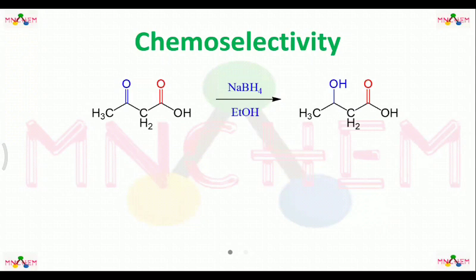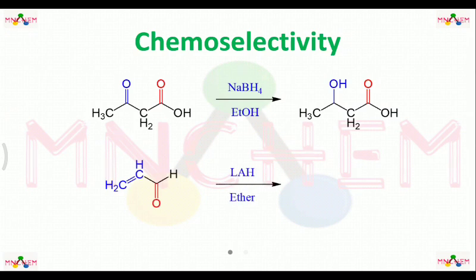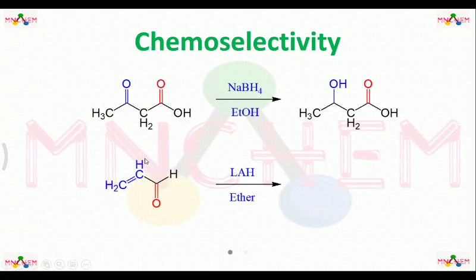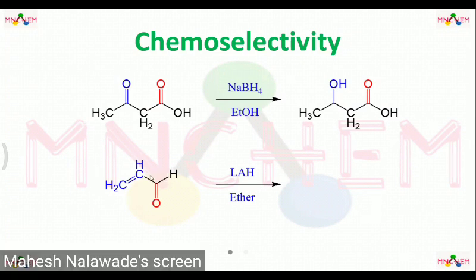In another example, when we have two different functional groups, a carbon-carbon double bond and a carbonyl group, both can undergo reduction reaction. If we use lithium aluminum hydride as a reducing agent, then this acrolein, which consists of a carbon-carbon double bond,